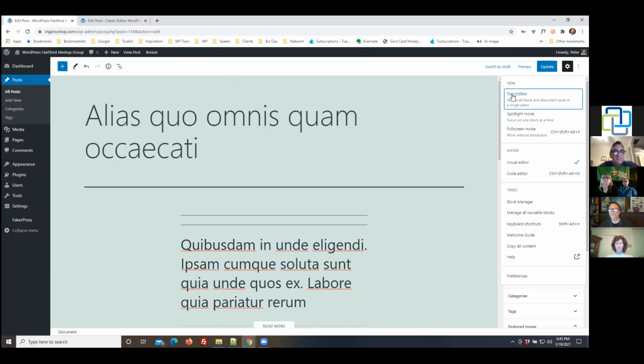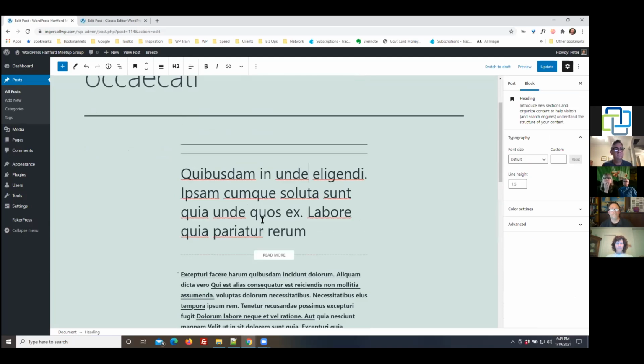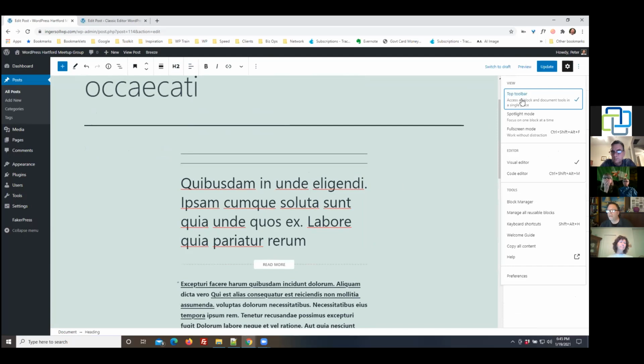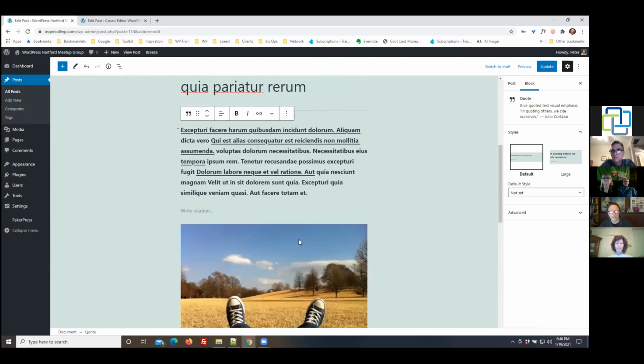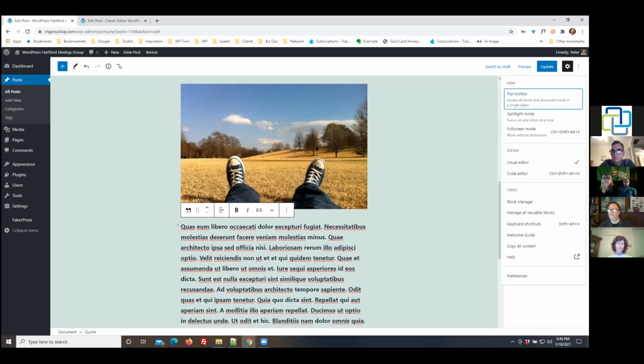So, you know, the top toolbar, when you show that, it's something that when you have a block and you're editing the block, you're seeing you're editing things up here at the top, or if I go here and turn that off, now my editing is happening at the block level. So that's one place where you have a little bit more control. I like it here. I think a lot of people do. Keep in mind, when you go to YouTube and you look up a tutorial and they're doing things a little bit differently, it might be as simple as they've got the top toolbar turned on